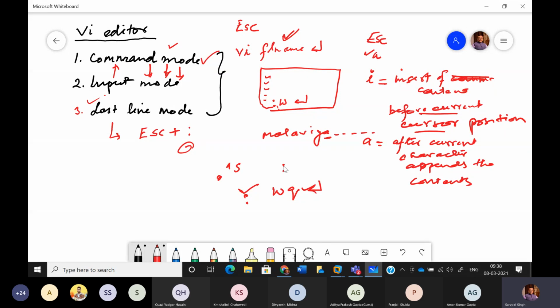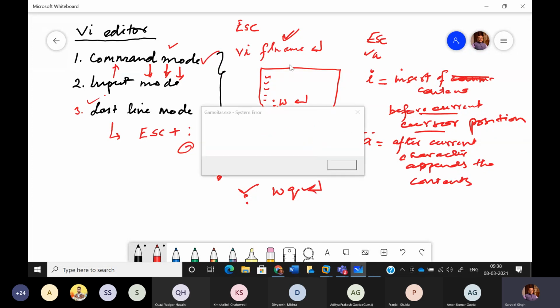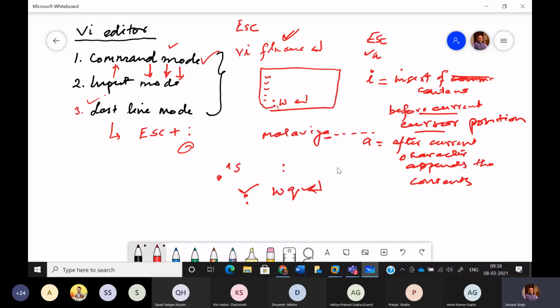So anyways, when you type vi and you give the file name, what is happening, the file is open, and then you get a screen, and by default you are placed in the command mode. You are placed in the command mode, and then in order to type the contents, you have to leave the command mode and you have to come to insert mode. And how can we come to insert mode? By just either using I or using A, ठीक है.